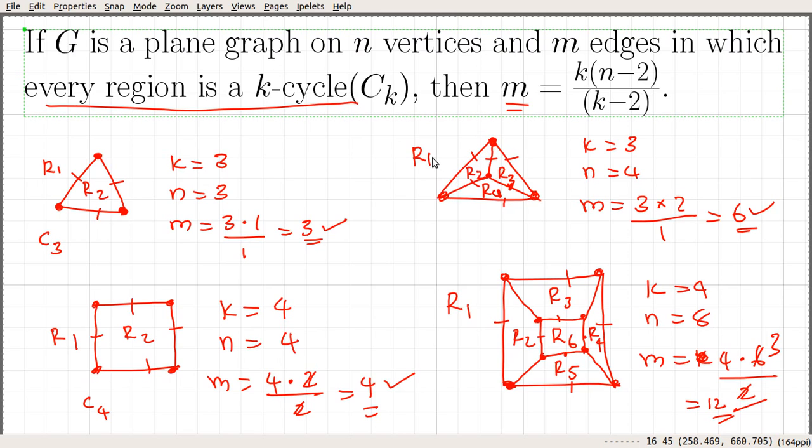on a boundary between exactly 2 regions. Okay, so this edge is on the boundary between R1 and R2. This edge is on the boundary between R2, R3, etc. So that is true for any edge in these 4 graphs. Okay, and that is true for every planar graph also. Okay, every edge lies on a boundary between 2